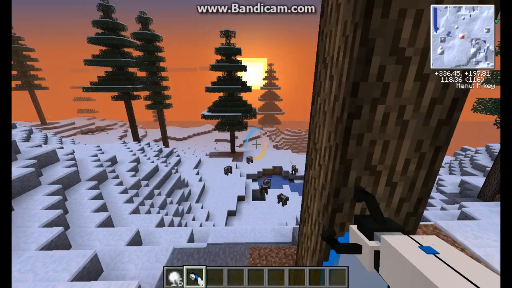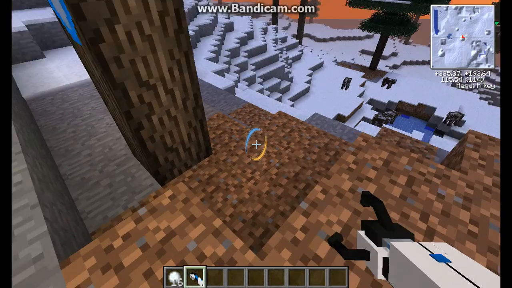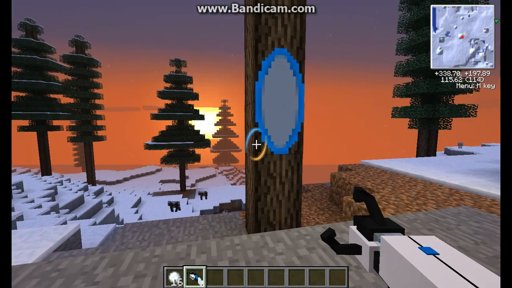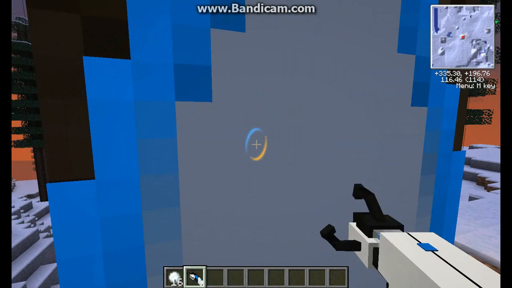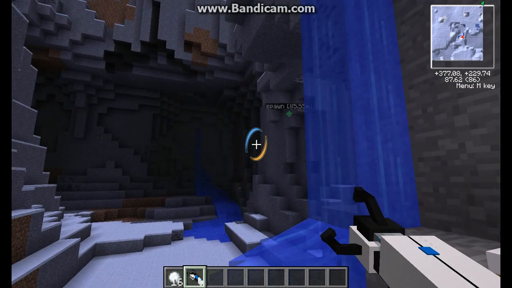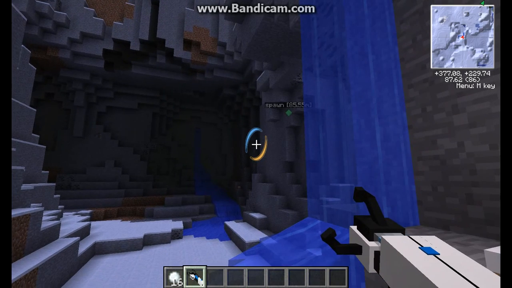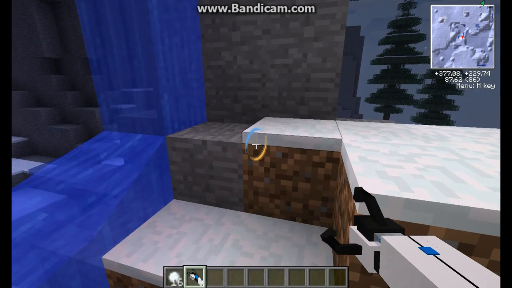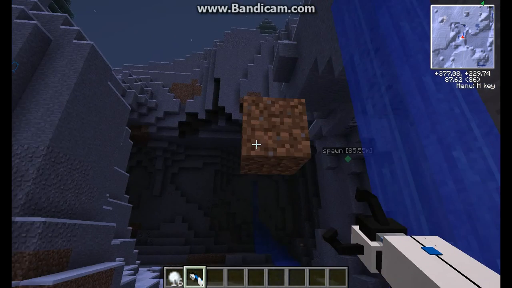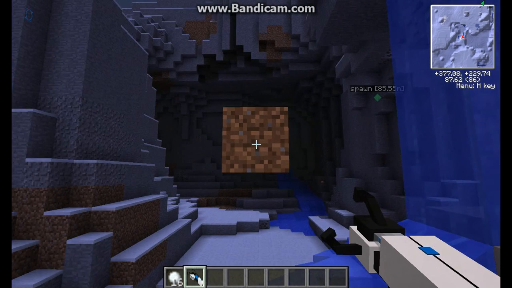So say this is my house, I'm living in this tree, just, come on, stay with me guys, and I wanted to go to my mine, which is down here. I can just quickly portal through it. Now, I saw something cool on one of these videos. Oh yes, it still works. Okay, so,